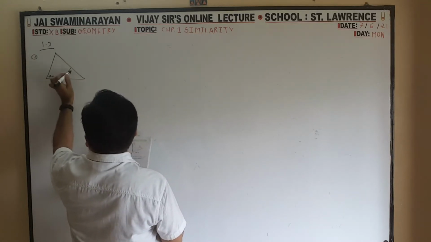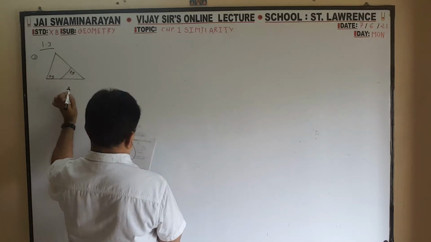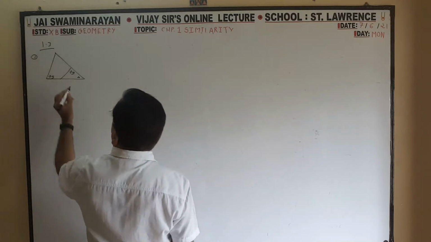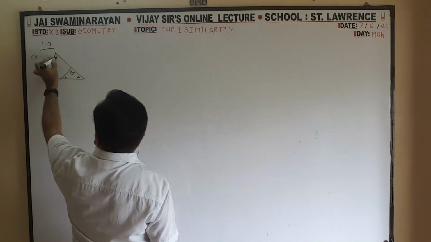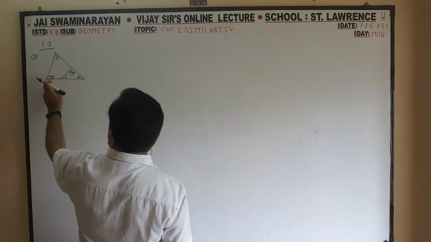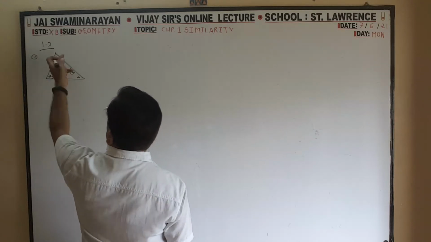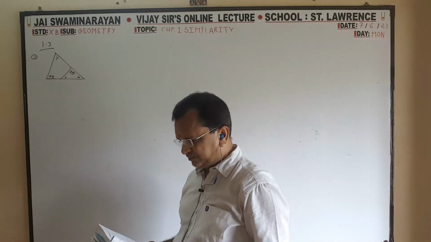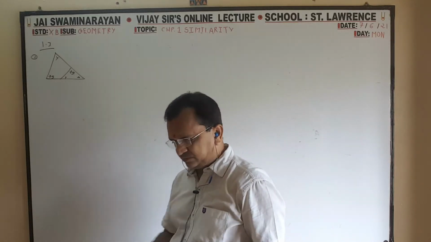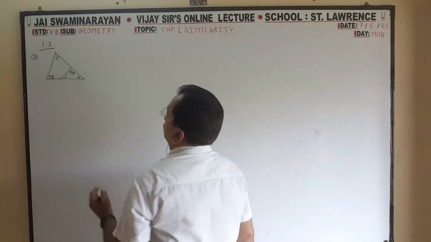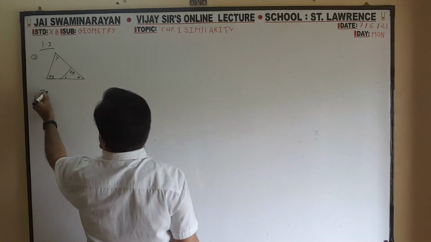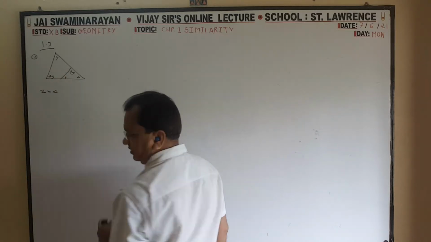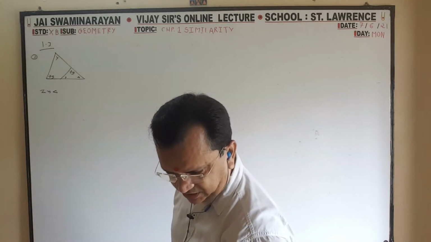This is 75, this is 75, this is x in common, and this is y, this is y. 75, 75, x in both common. So the third one is y. I have given the third one like that. In triangle x, y and 75. Sorry, I have not written the names. A, B, C, D, E.